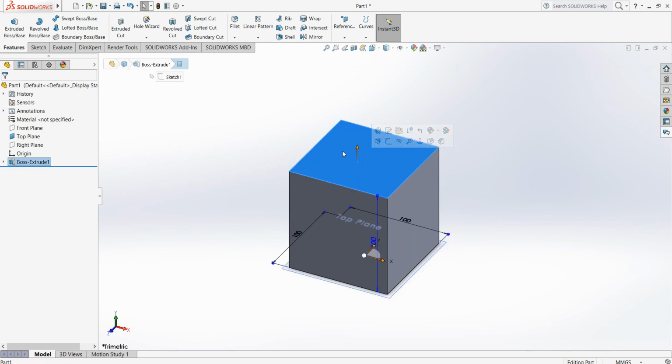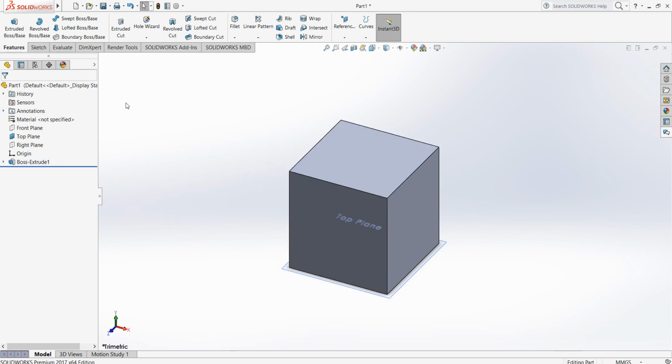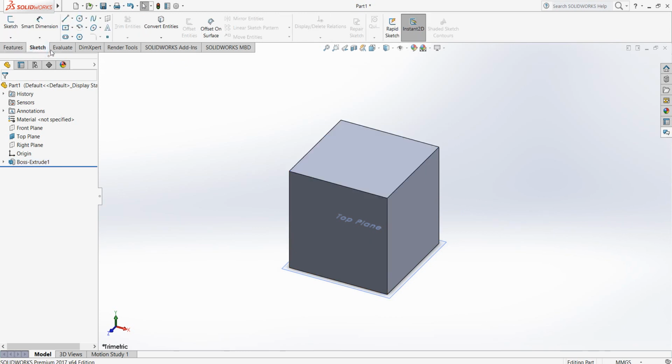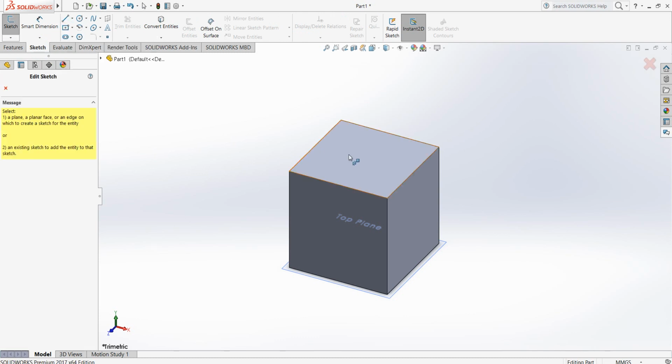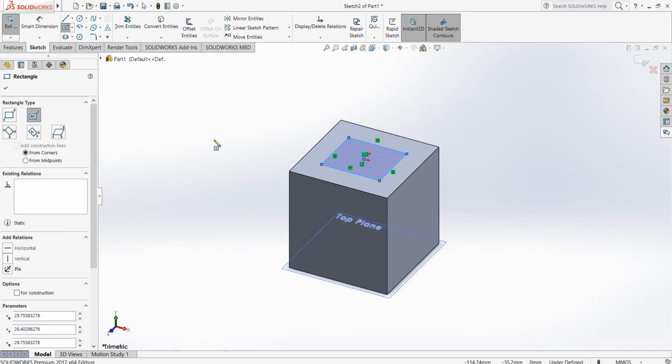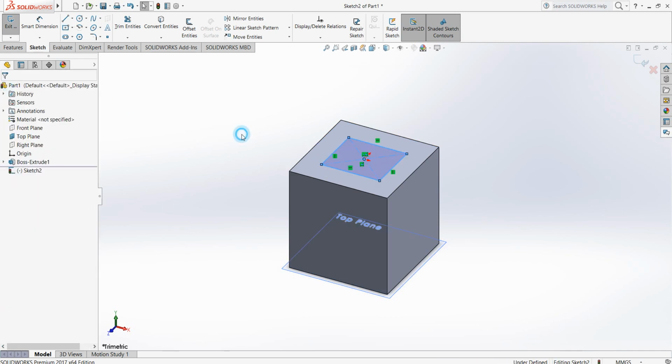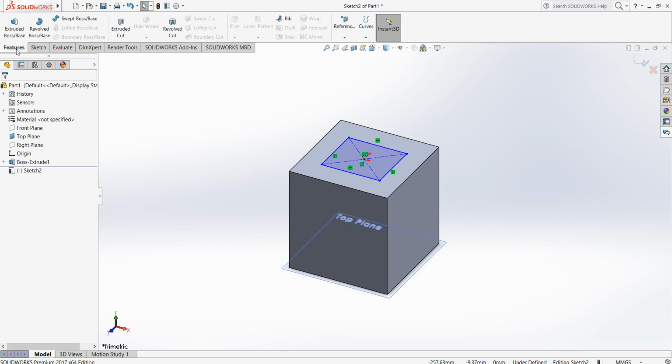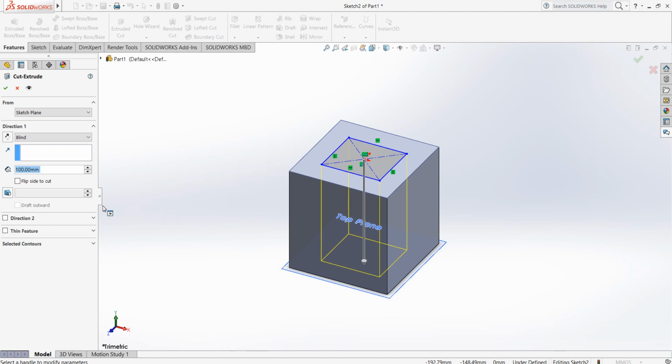Say if you wanted to cut the whole way through that, okay? Now most people when they start doing it, you'll find, will just select a sketch and draw on the face here, which you can do, okay? For this example, I won't bother defining it, but I'll just show you. If we go back to our features, we then have extruded cut, okay? So if we click on extruded cut, we can select 100 mil, which will obviously cut through the whole thing,